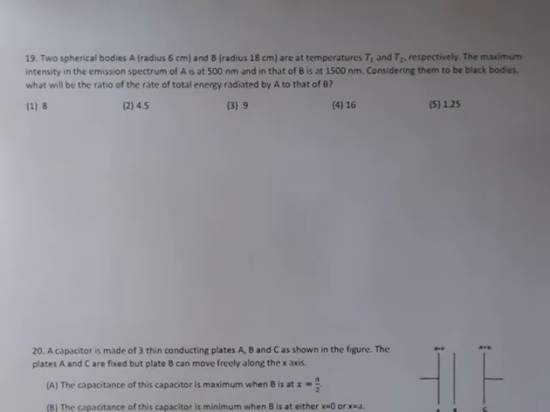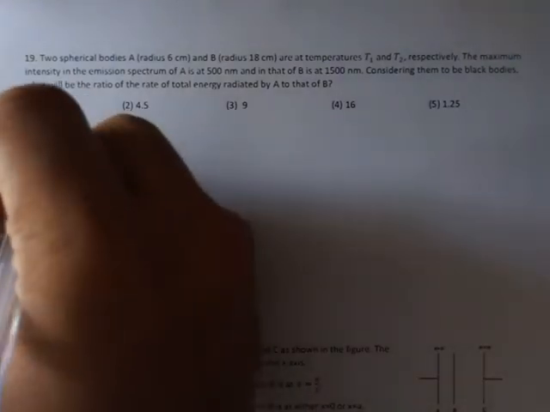Two spherical bodies A and B, whose radii are given, are at temperature T1 and T2 respectively. The maximum intensity in the emission spectrum of A is at 500 nanometer and that of B is at 1500 nanometer. Considering them to be black bodies, what will be the ratio of the rate of total energy radiated by A to that of B? Okay, so if I consider the energy emitted by A is E1,